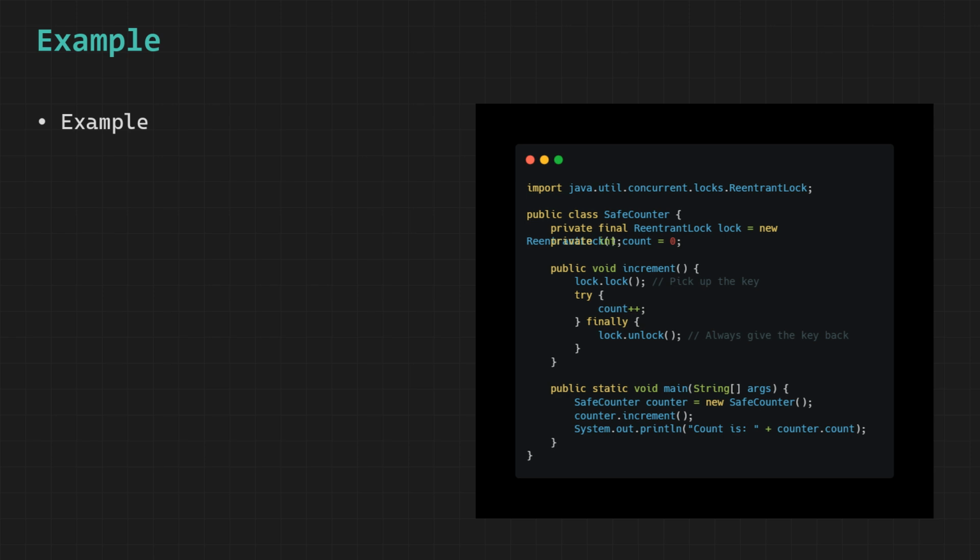We create an instance of SafeCounter called counter inside the main method, and we call the increment method on it, which safely increases the count value by 1 using the locking mechanism. We call System.out.println to print the final value of count to the console, displaying the message count is 1 as